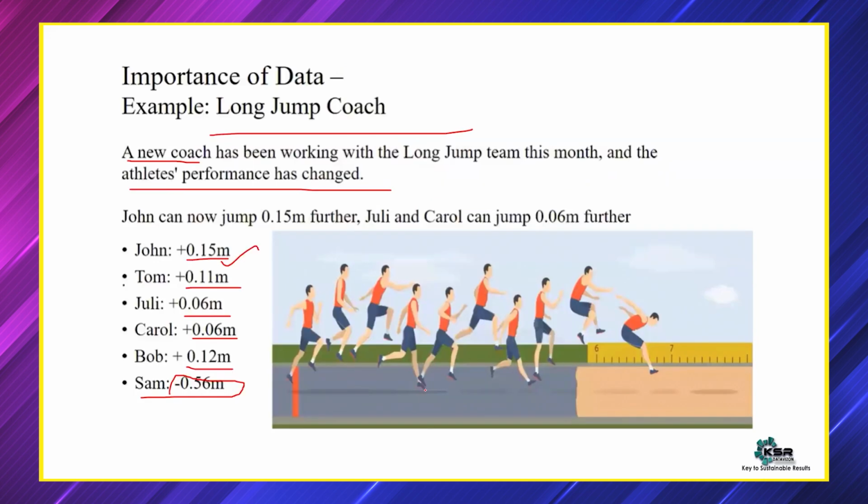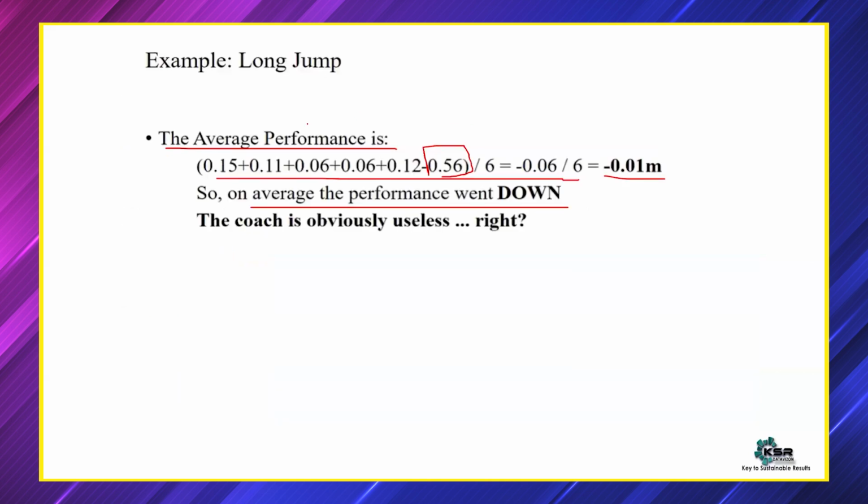That means earlier, this Sam person was having a good record, but with the new coach who has been training them, his individual performance has gone down. Now that is also hampering the overall coach's performance, which has obviously gone down. Is it the right way to interpret the data? Can we directly say that the coach is of no use? If anyone thinks so, can you directly come to the conclusion that the coach is of no use?